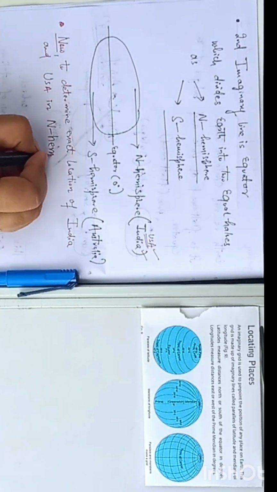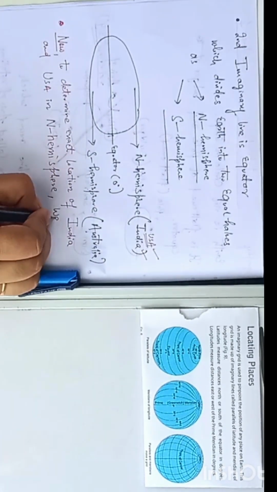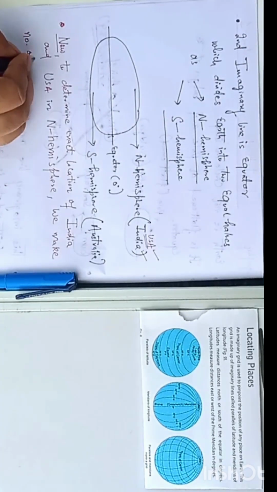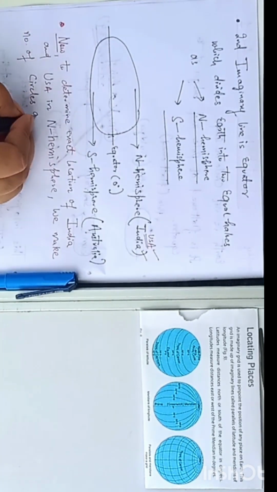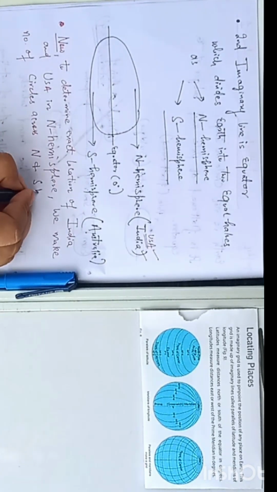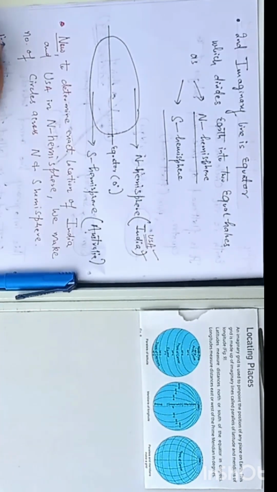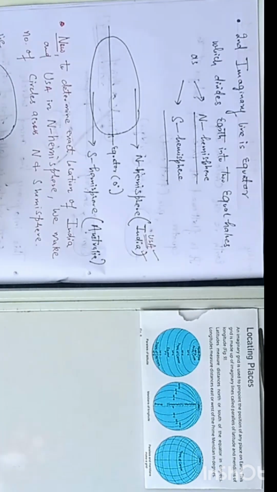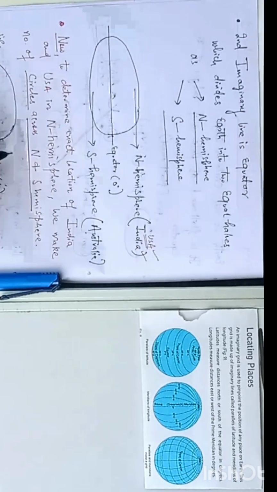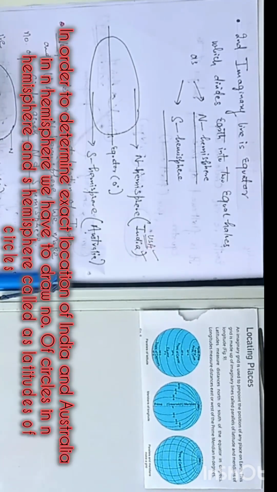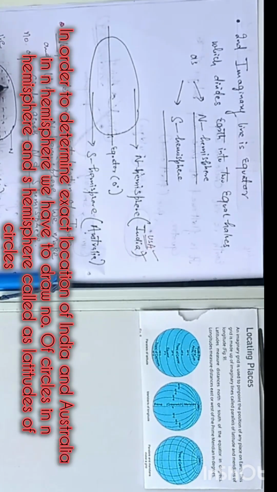Now to determine the exact location of India and USA is also in northern hemisphere. So how to determine India is where and USA is where in northern hemisphere? We make number of circles across the northern hemisphere and southern hemisphere in order to determine the position of India and